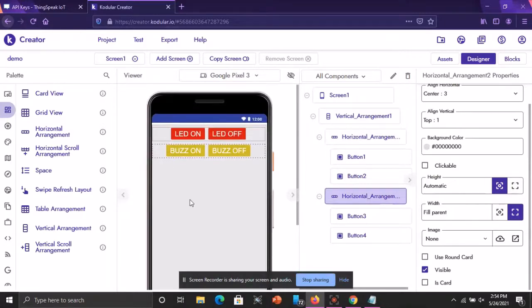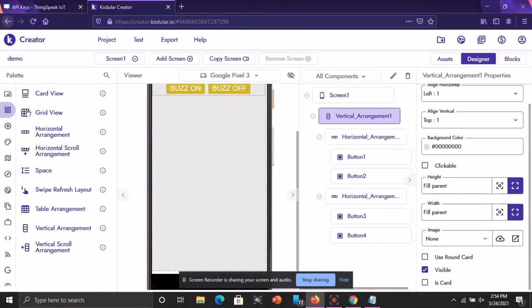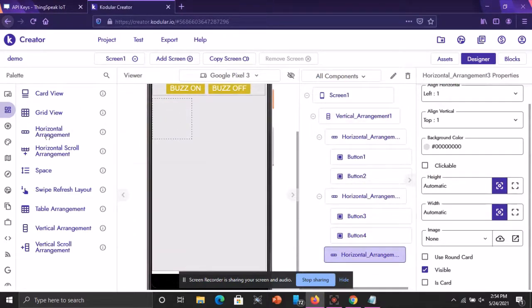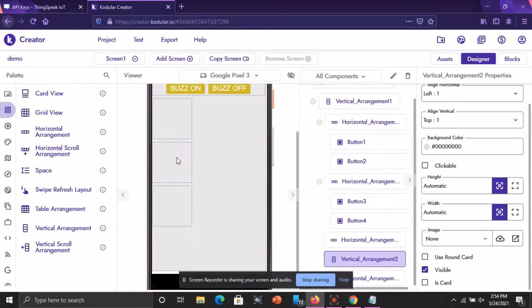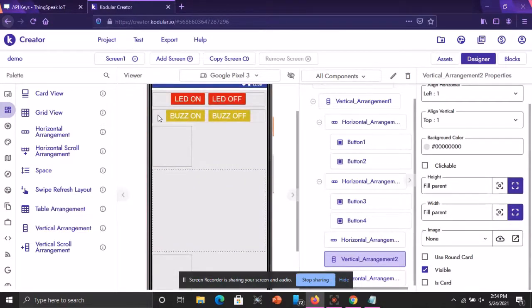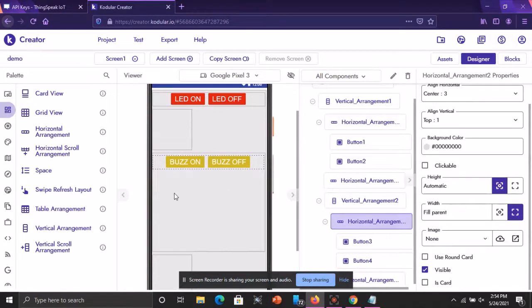Okay, look, somewhat like this. And now I'm adding a horizontal arrangement, another horizontal arrangement, and a vertical arrangement between these both. Okay, this vertical arrangement will cover the entire body, and it will consist of all of the buttons.